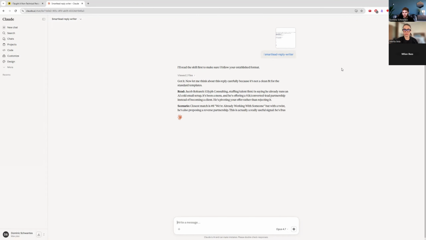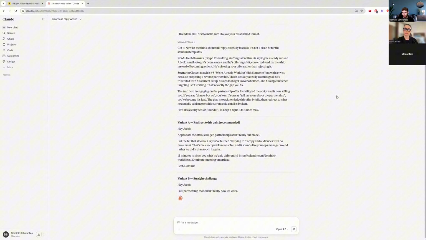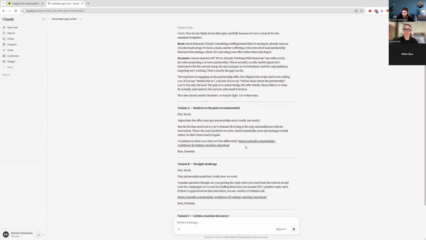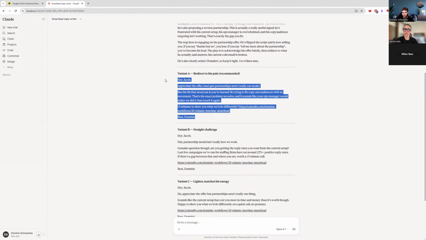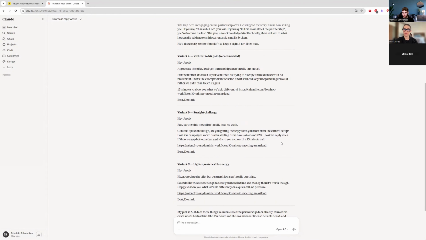So I chose this example specifically because I only gave it positive reply templates inside of this skill. So now it's having to think a little bit and it's followed the same structure. It's addressed the concern. It's also pasted the Calendly link that I've given it straight in there. And so all I have to do is copy and paste that into my Smart Lead. So it's like 20 seconds, as opposed to having to try and manually pick the template and rewrite it every